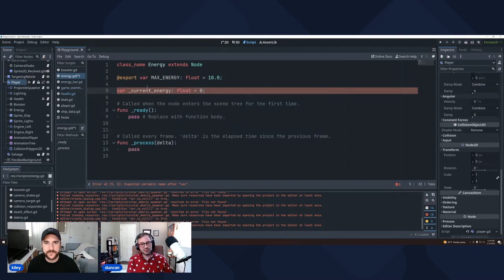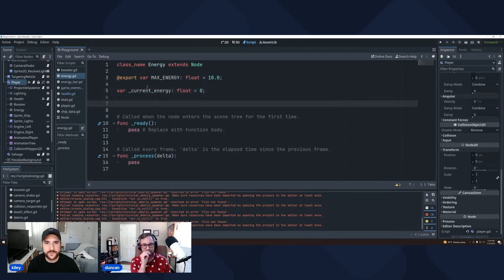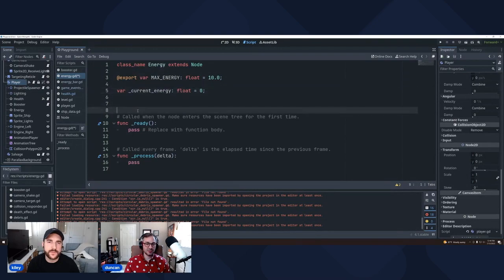And we'll just set that to 0 to start with. And then one thing that I'm going to do here that I found was really helpful was actually using a getter and a setter, because one thing you think about is when you set the energy, you probably want something else to happen as well, right? And when you get the energy, I'm having this be sort of a private field, and you can tell it is because it's got the underscore. And if you give something a decorator of export, you'll actually see it in the editor itself. And if you don't, it'll be hidden, right?